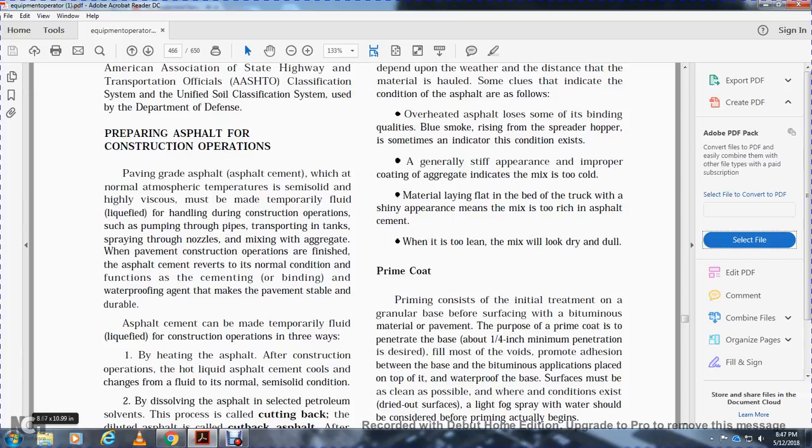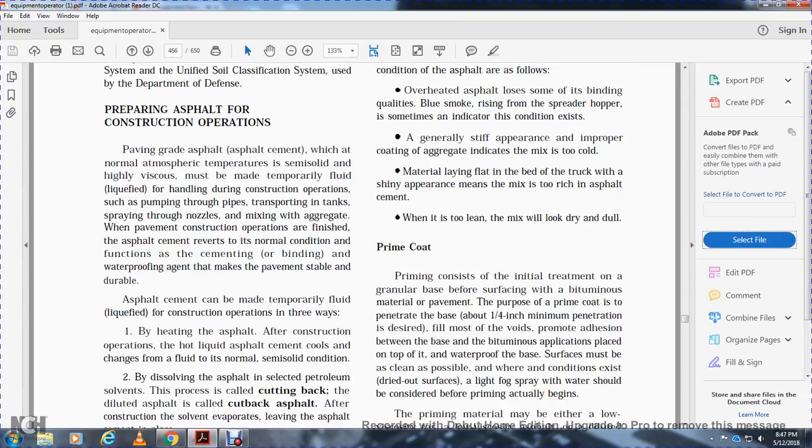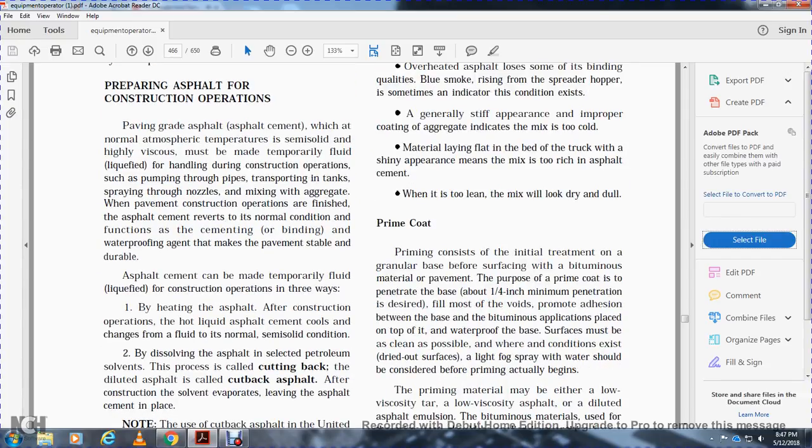Paving grade asphalt cement, at normal atmospheric temperature, is semi-solid. Its high viscosity must be temporarily changed to liquid for handling in construction operations, such as pumping through pipes, transporting in tanks, spraying with a nozzle, or mixing with aggregate in pavement construction. Finally the asphalt cement reverts to its normal condition and functions as a cementing or binding, waterproofing agent that makes the pavement stable and durable. The asphalt can be made temporarily fluid in three ways: by heating the asphalt,